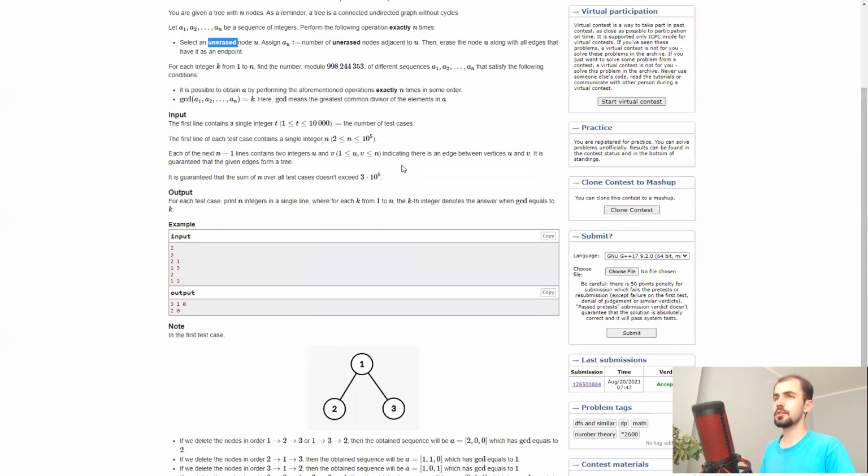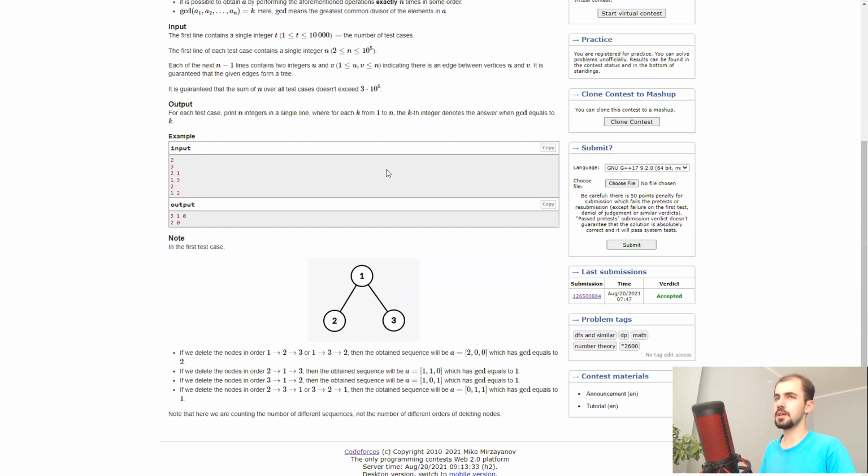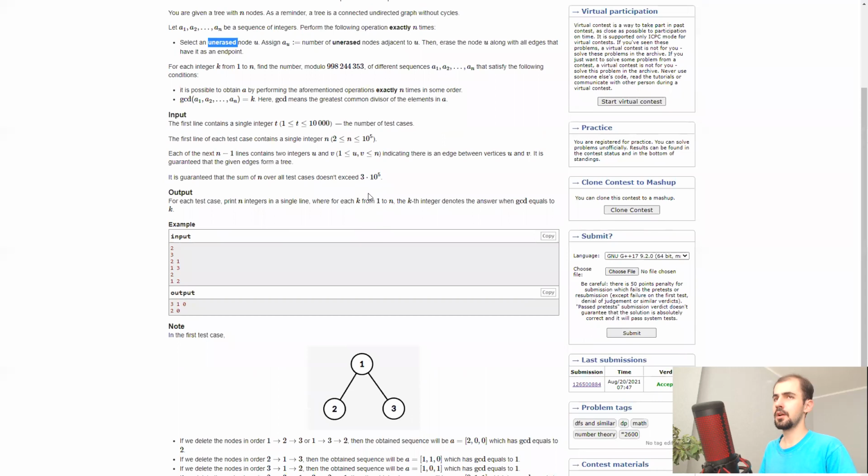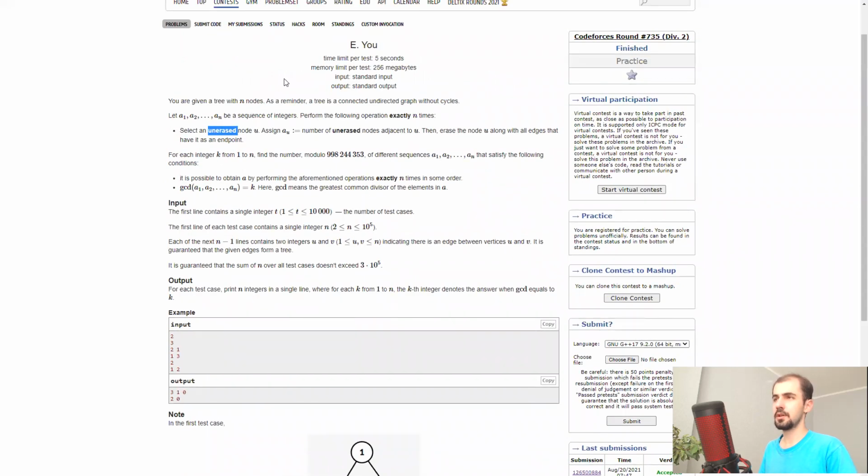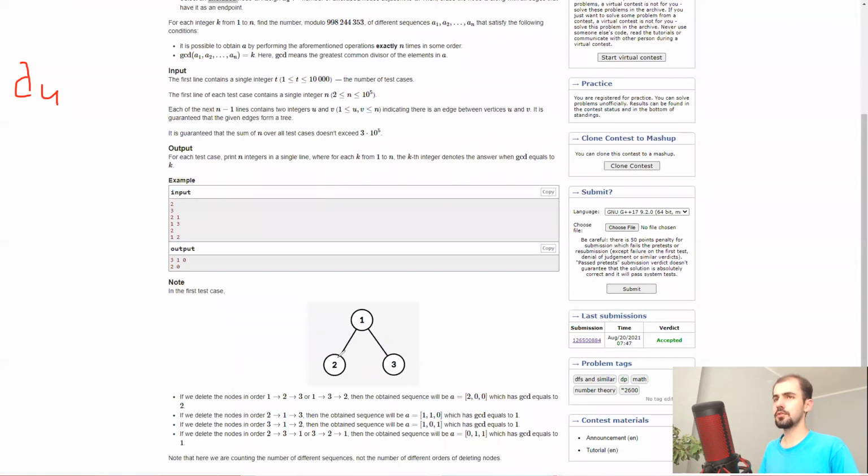Okay. So what I figured out during the contest was that the answers are mostly zeros, because a_u, they count edges in a way. So when we delete 2, you may have noticed that I highlighted this edge because this is what yields a 1 here. It's one edge that goes out of 2 that has not been deleted yet. So because a_u counts the outgoing edges from u at the moment of deletion of u,